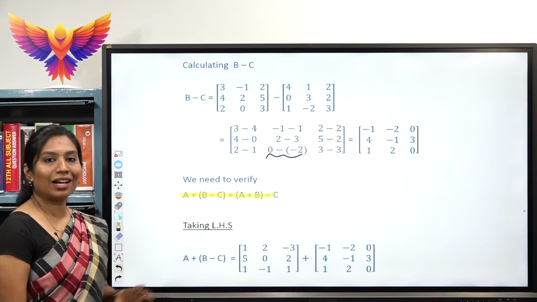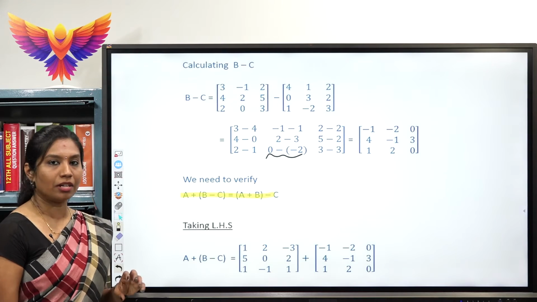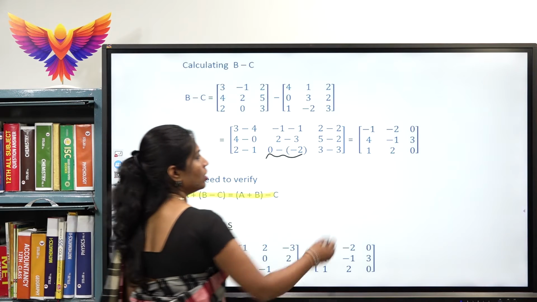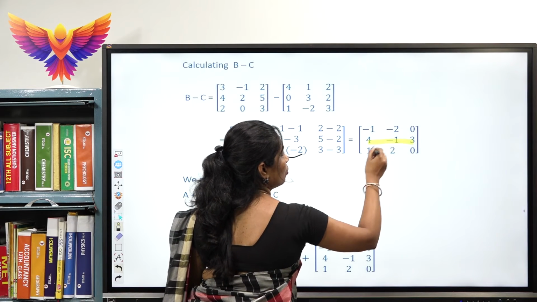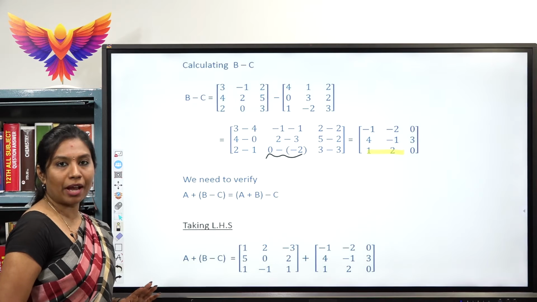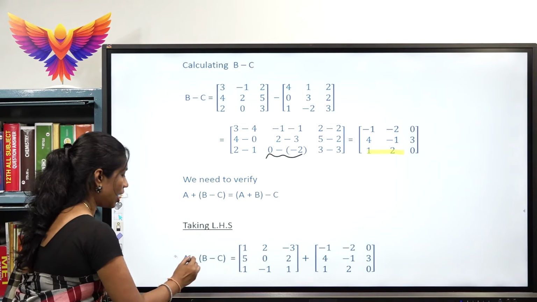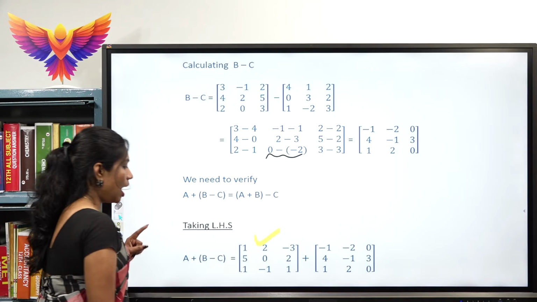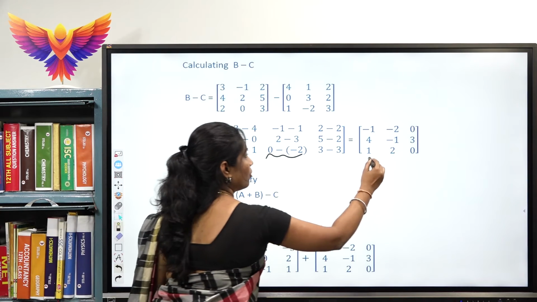Okay. So, I will be considering the left hand side part here which is A plus B minus C. B minus C, just now we have got it. This is B minus C, the 3 rows and 3 columns whatever you have got. I will be substituting B minus C here. A we already have from the given question. I took the matrix A here, and B minus C I just considered from this one.